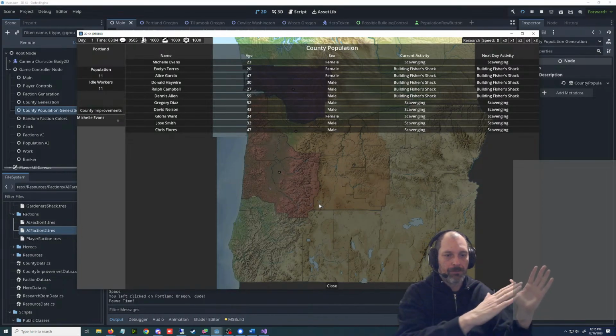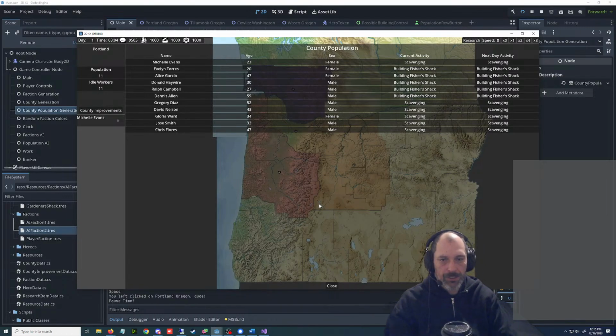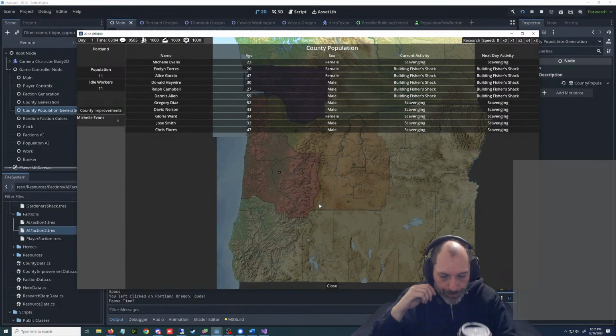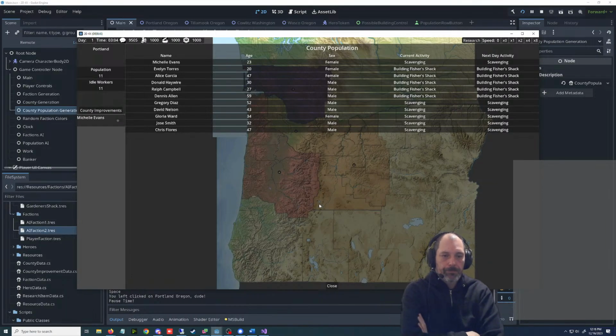So it takes a couple of days for them to ramp up, which is kind of what I want it to do. They already know that their next day they're not going to be doing anything. That's their plan. But now that they've thought about it, maybe we want to do that.